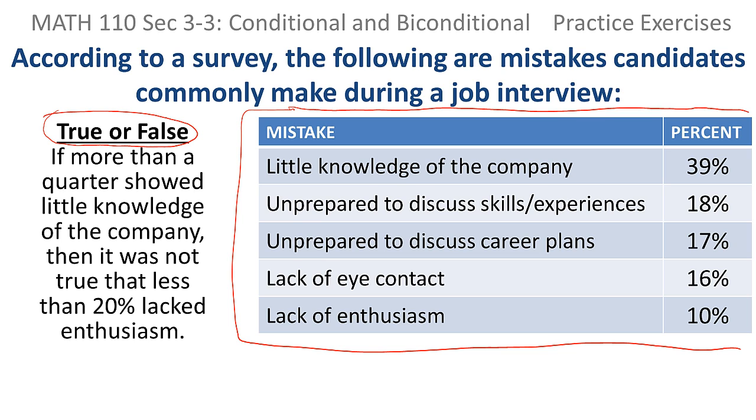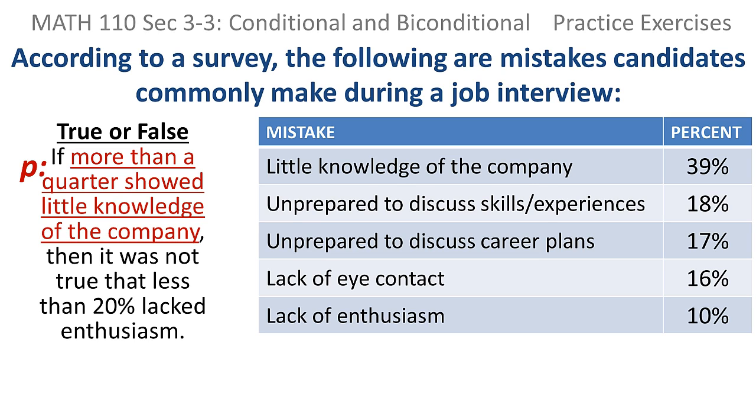So although it looks sort of busy, they're giving us a table with some information, and they're giving us an if-then statement and asking us if it's true or false. So I want to take a little bite at a time. First of all, if I think of that if statement, which would be more than a quarter showed little knowledge of the company, as being P, and the then statement, which would be it was not true that less than 20% lacked enthusiasm,